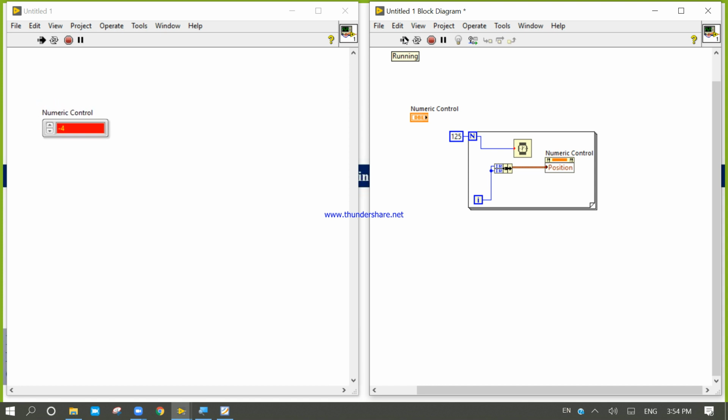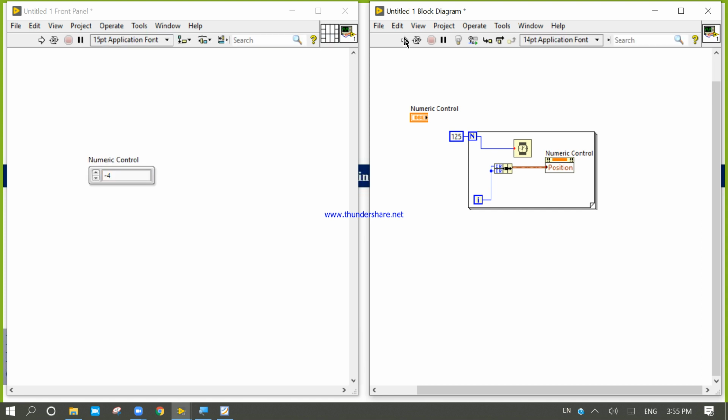So in case you want to move any object from one place to another place, you need to control the position, because if you target the position, you can change the value.